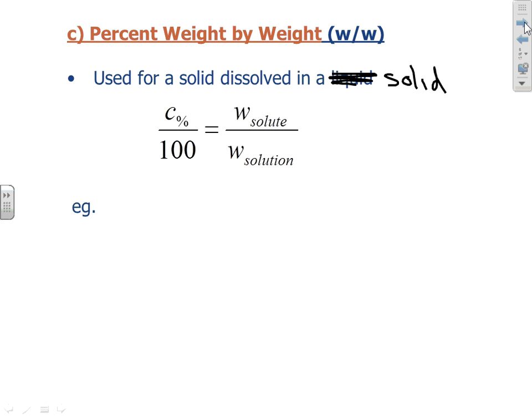Now, to dissolve a solid in a solid, that's a tricky maneuver. Like I said, typically we're talking about an alloy. An alloy is a mixture of metals. An example of an alloy is brass. Brass is made when you melt copper and you melt zinc and you mix them together in the liquid state, and then you cool it down to the point where it solidifies, and then you have a solid piece of